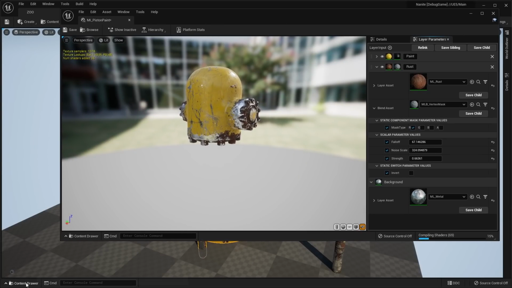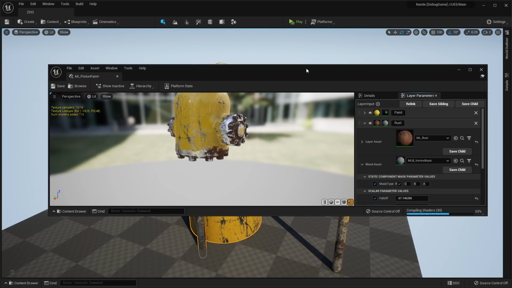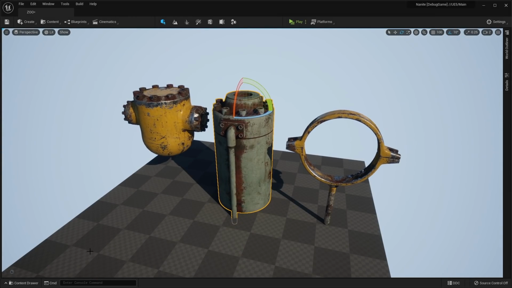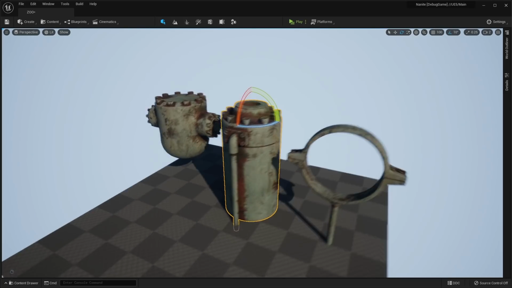And then once I'm happy with the result, I can apply this exact material to any other mesh in the scene that has those same channels baked into their vertex colours. This allows me to create lots of different material variation using the exact same materials without having to change any of the properties.